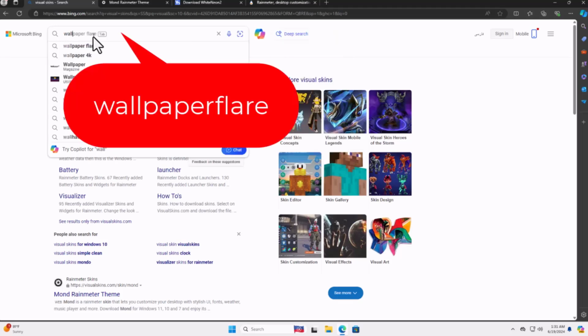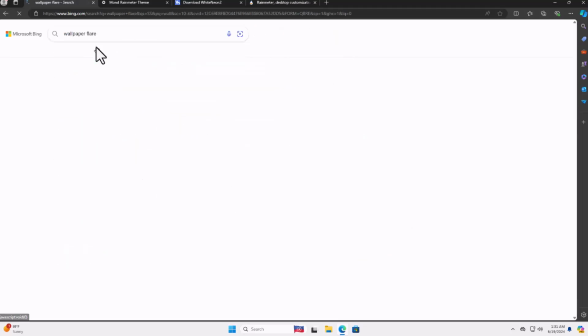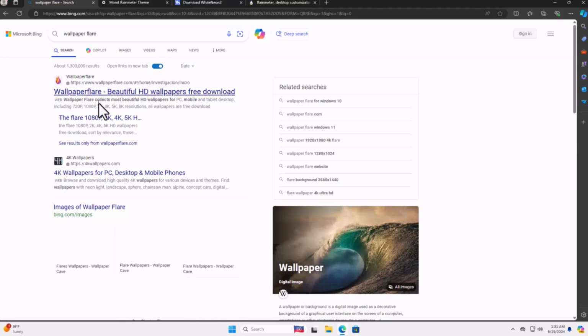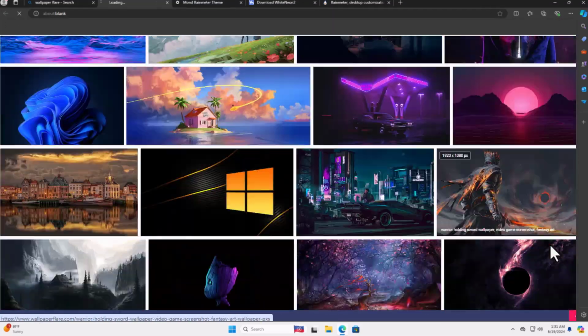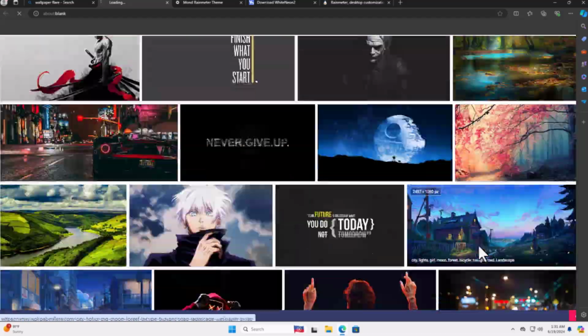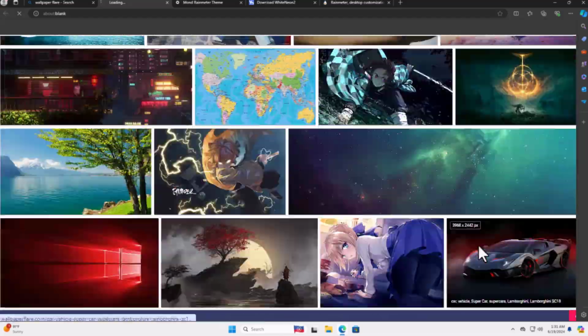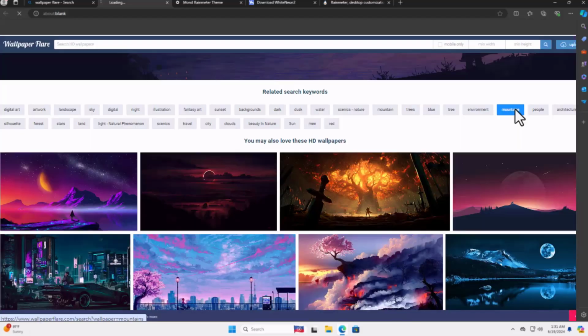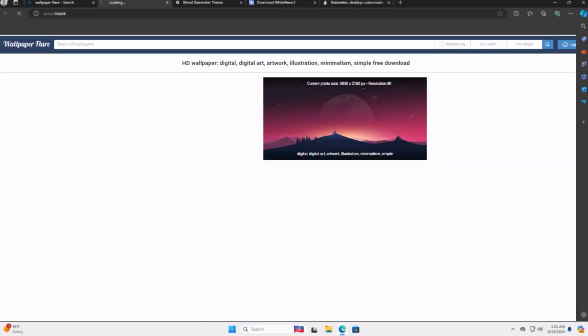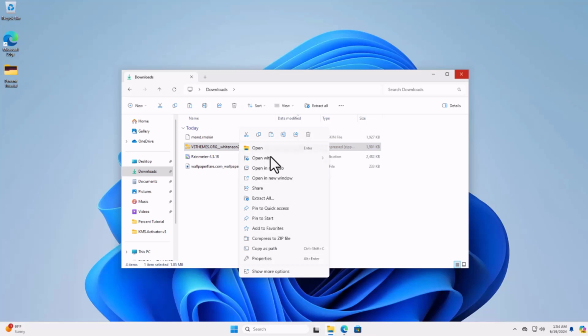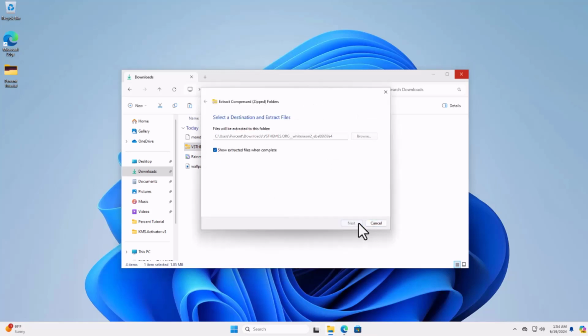For the last search, you should search Wallpaper Flare and choose and download a high-quality image to your liking. I chose this minimal image for this tutorial. Now you have to extract the zip file from the download folder,